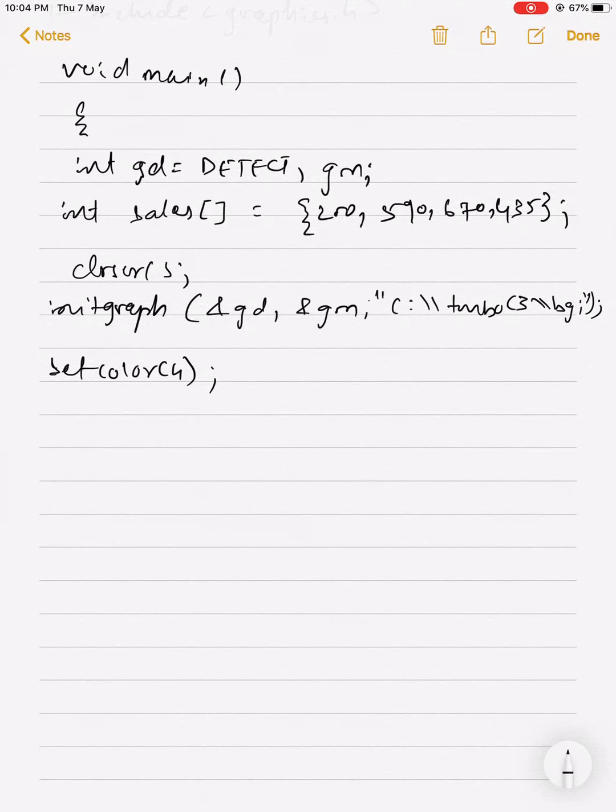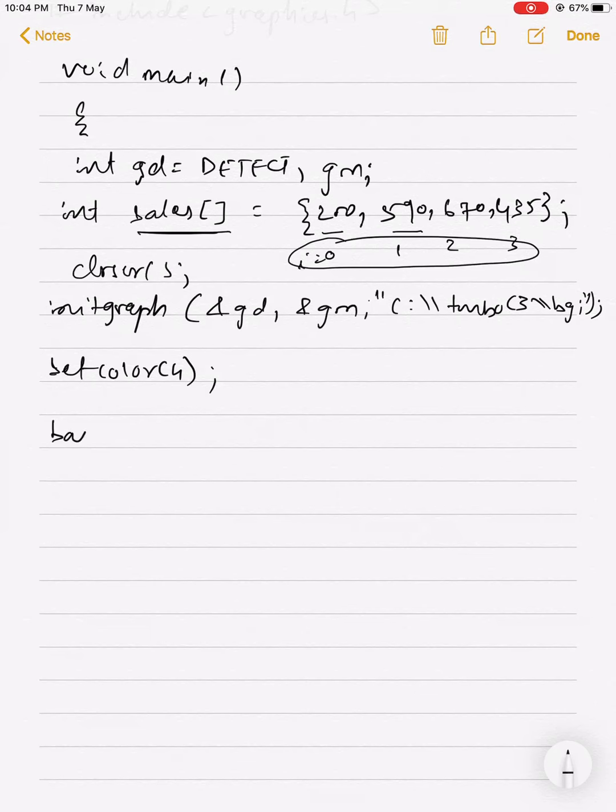That means I have to go for a loop, because if I rotate over the sales in a loop, when i is equal to 0, it will take 200. When i is equal to 1, it will take 590. When i is 0, 1, 2, 3, like this. Clear?